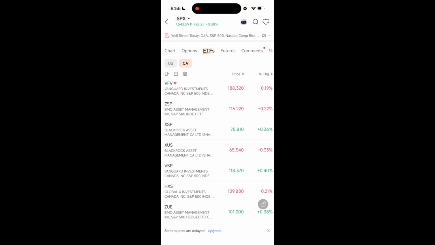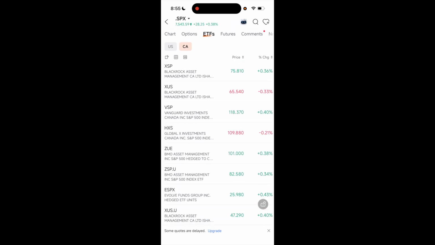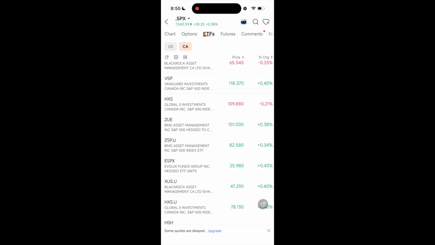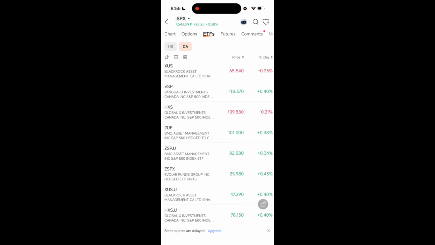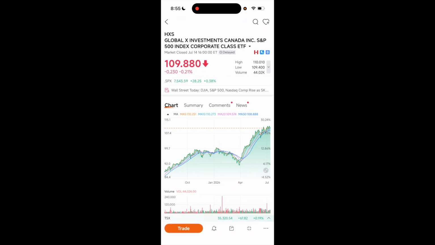Then if I were to scroll down, you can find an ETF or an index fund that is what you're looking for. So I will just go ahead in this example and use this one, ticker symbol HXS, as an example. Once you have your index fund or your ETF selected, go to the bottom left and press trade, and